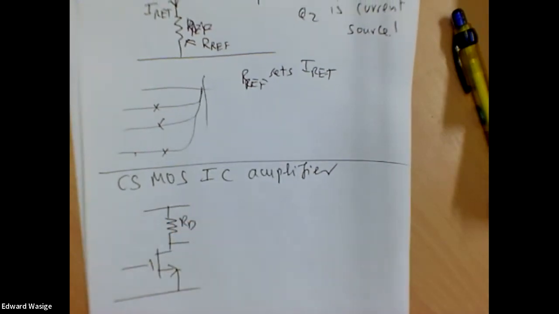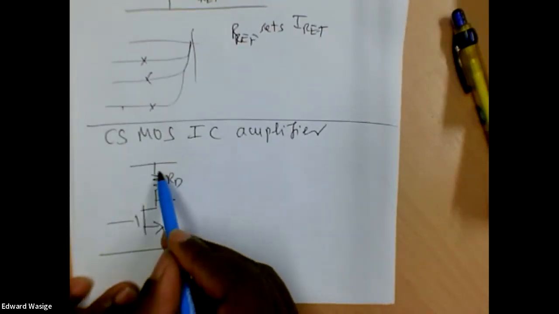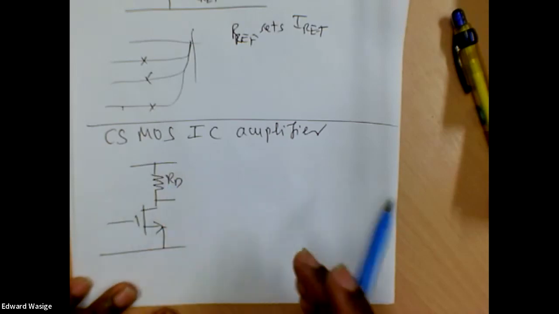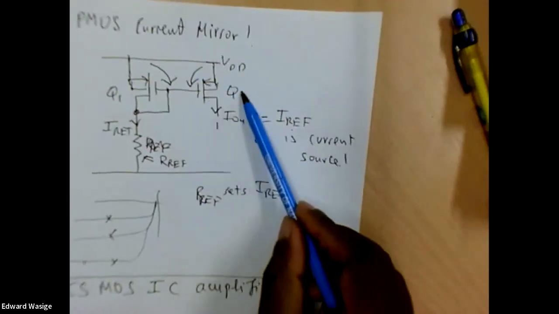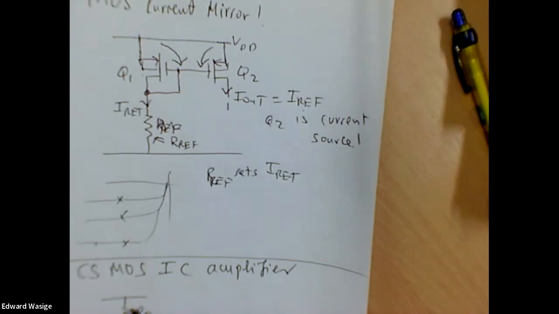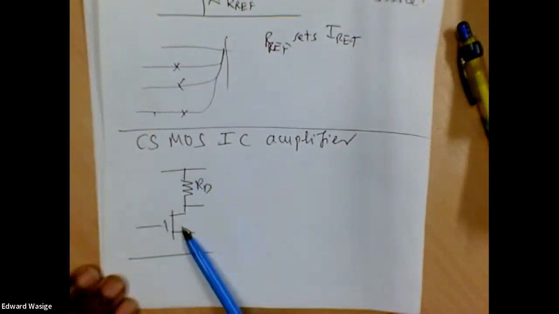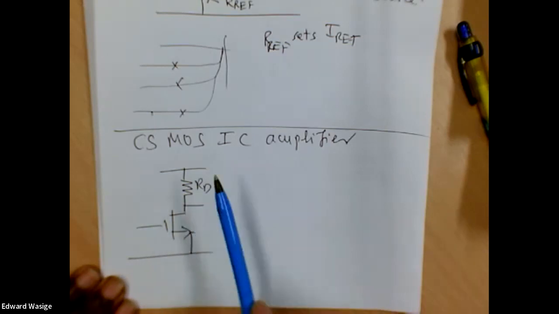RD, and we want RD to be as high as possible. So how to do that is to replace RD with a current source. And the current source that we can replace it with is actually to take this Q2 and place it here. And Q1, we can use it to set the current that flows through this branch. So we have control. So we can set the bias point